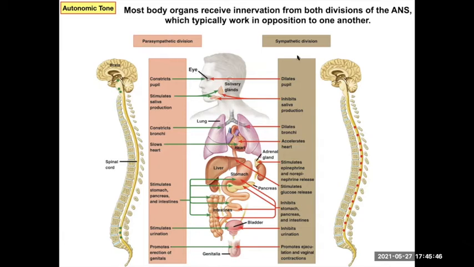Your parasympathetic and your sympathetic division, or craniosacral division, or thoracolumbar division, right? And those are going to have an effect on these organs. And as we briefly mentioned, they're going to work in opposition to each other. So if one is constricting the pupils, like your oculomotor neuron, cranial nerve number 3, constricts the pupils,